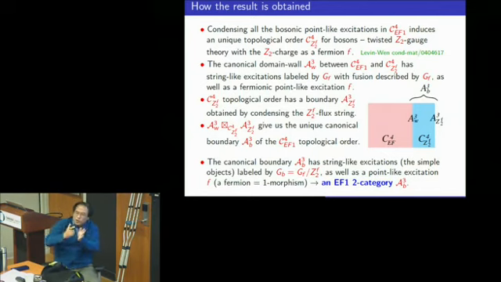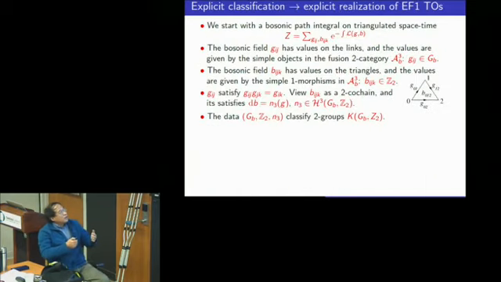The string with only one fermionic particle is not too complicated, and there is a mathematical theory to describe it. There is also an explicit realization of this EF1 topological order. The idea is again very similar: the boundary string becomes a label on the link. So this link variable becomes GB. But now the boundary string can have a particle living on it. That's the so-called 1-morphism.